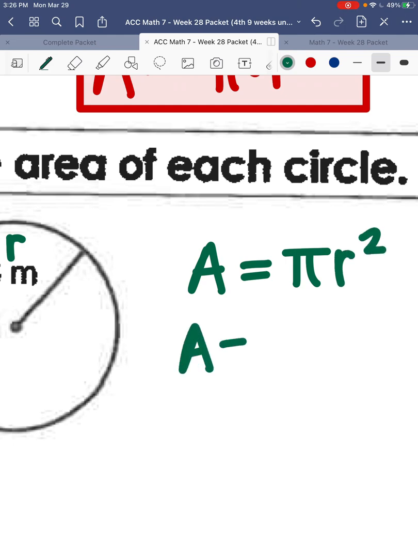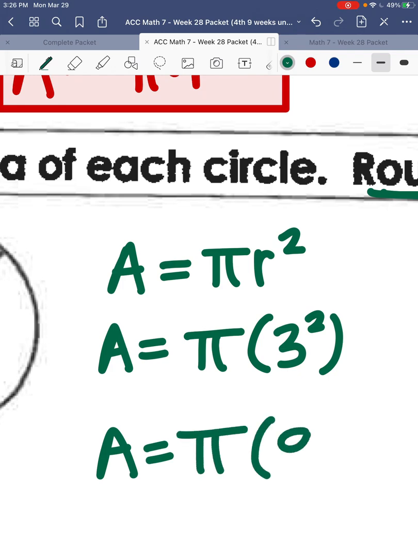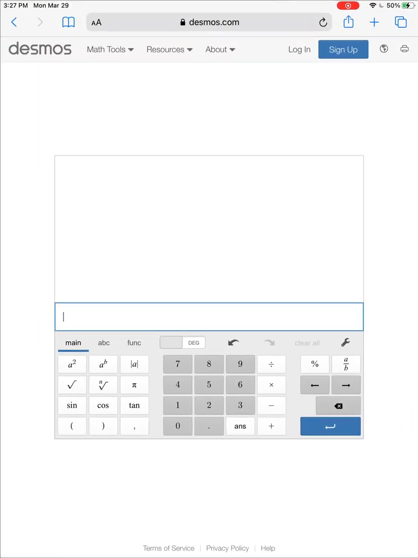So we're using the pi button in our calculator, but we're going to plug in 3 for our radius and we're going to square that. Well, we know that 3 squared is 9. So I could just say pi times 9 and put that in my calculator, but I could also put it in my calculator just like that right there. However you want to do it is fine. But I'm going to go to my calculator right here. So we have pi times 9, and I get